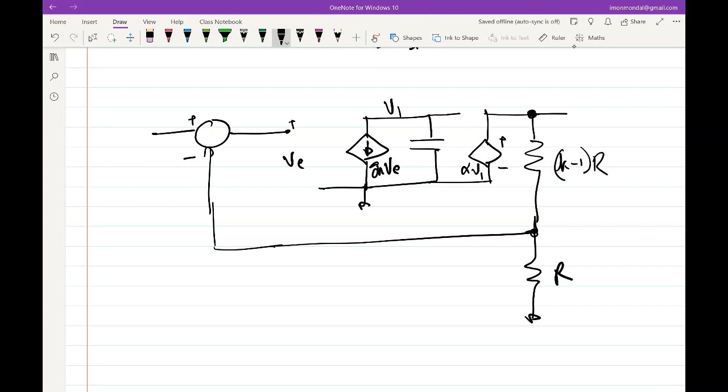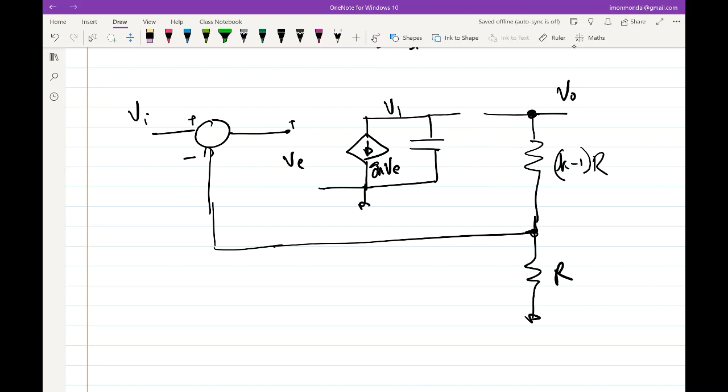As it turns out, for reasons that will be clear later on, we don't really have the luxury to use a VCVS in the technologies that we use nowadays. It might not be clear now. We'll address that later. Take it at face value that we'll not be able to use this VCVS. So if we are not able to use this VCVS, then the other option is to simply